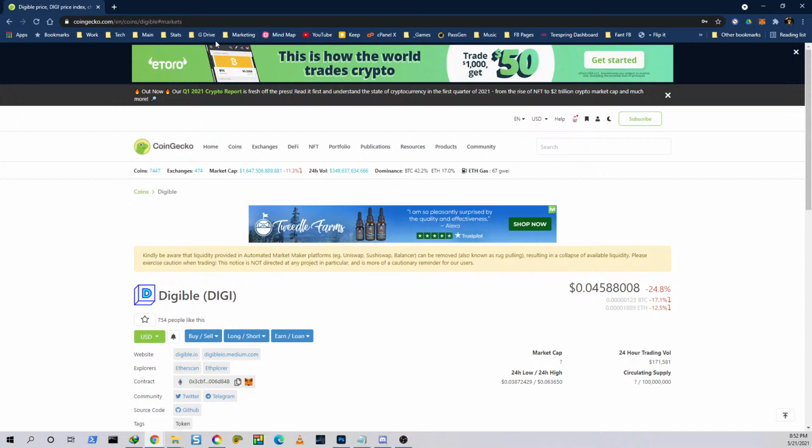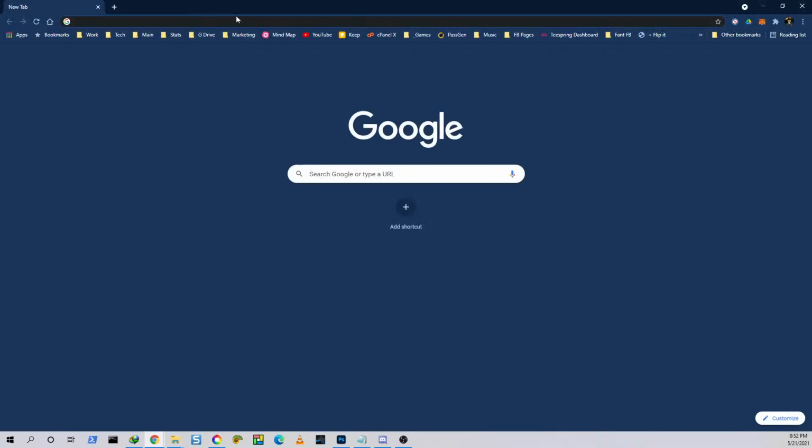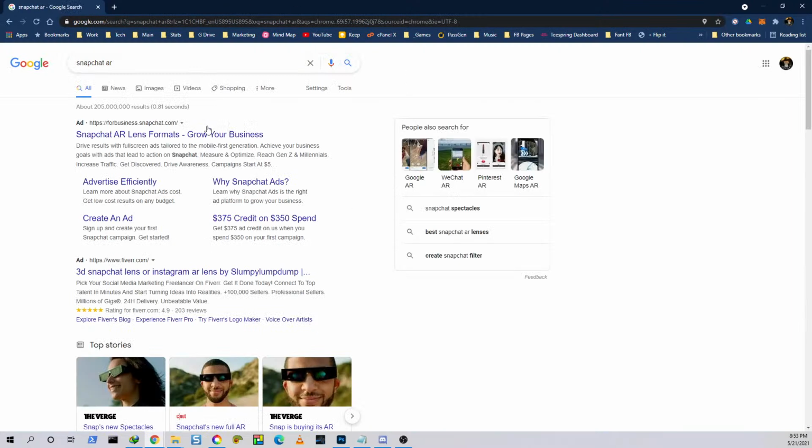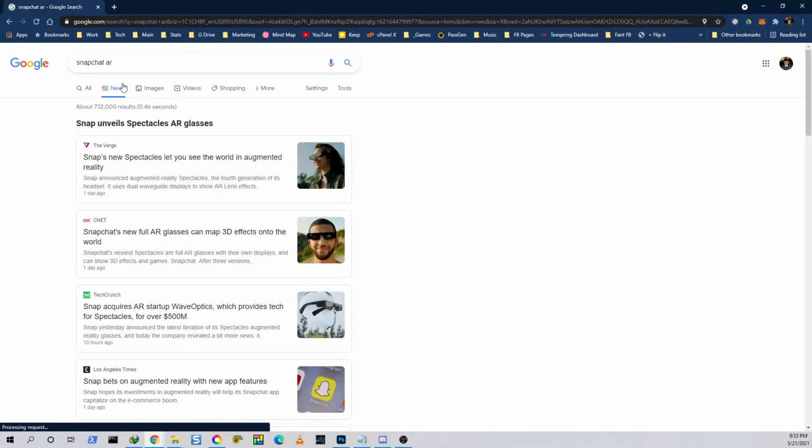When VR, augmented reality, even right now, hold on. You want to know why I know this is getting ready to be a thing? Check this out. Snapchat. AR, augmented reality, right? I know I saw some news that there was another pair of glasses that just came out. Yep, 1 day ago. I just saw it on my timeline. I haven't read anything yet. That's just random news that sticks in my brain. But yeah, see, Snap, new spectacles let you see the world in augmented reality.